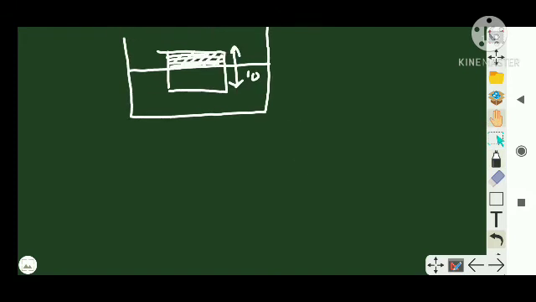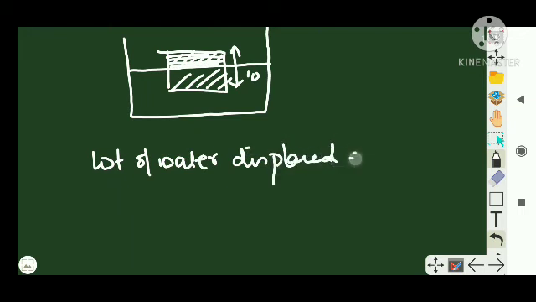So the weight of the cube should be balanced by the buoyancy, and the buoyant force is equal to the weight of the water displaced. I talked about it, right? So how much weight is displaced by this object is what is causing the buoyancy. Let us say capital V is the volume of the cube which is inside. So that much volume of water is displaced. What will be the weight of water displaced? Weight is V rho g. I will write weight of water displaced